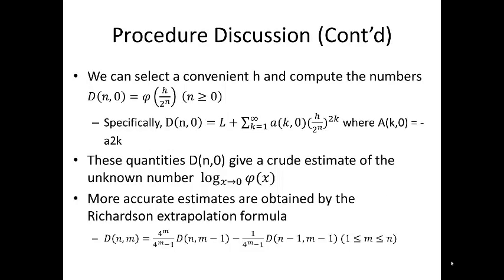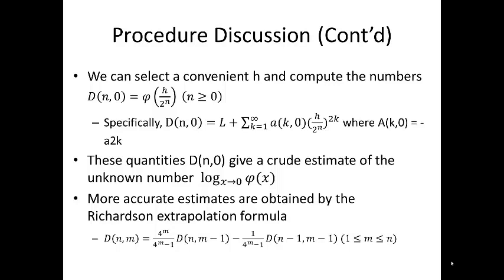We can then select a convenient h and compute the numbers D(n,0) equal φ(h over 2^n) for n greater than or equal to 0. So specifically, D(n,0) is L plus the series from k equals 1 to infinity of a_{k0} (h over 2^n) raised to the 2k, where a_{k0} is equal to the coefficient minus a_{2k}. These quantities D(n,0) give us a crude estimate of the unknown number that is the result of the limit as x goes to 0 of φ(x). More accurate estimates